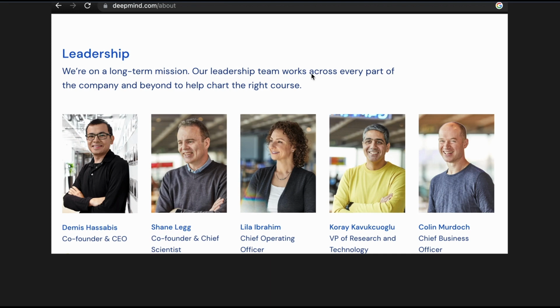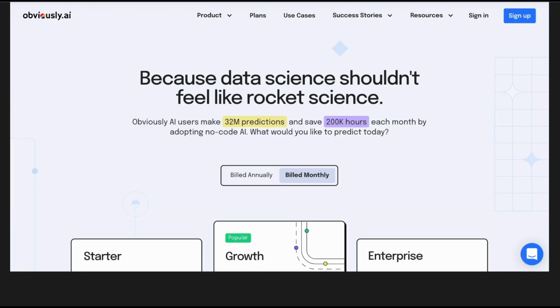And if you want to visualize data, for example if you take your brand analytics or Opportunity Explorer, or maybe PPC reports, and you want to visualize and predict data, this is something that you want to follow. Obviously.ai, the way it works, you just upload your CSV file and structure your table in a specific way.